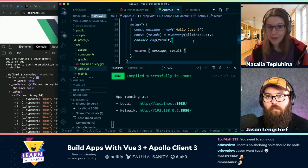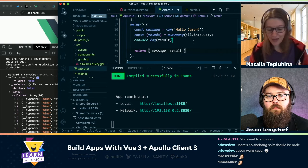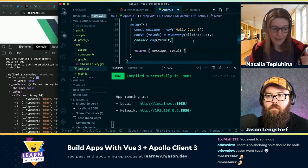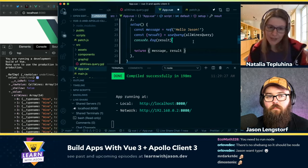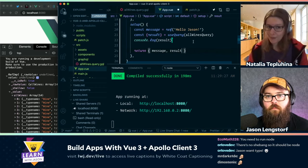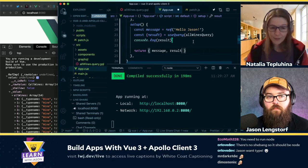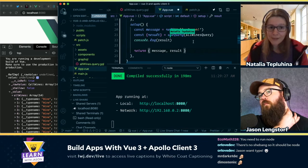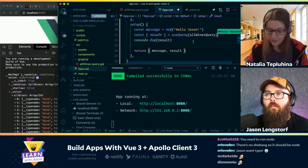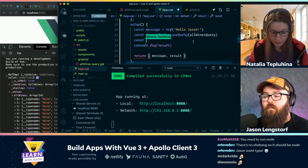And for smart query, we can define different options for Apollo client. One of them, with good old Apollo client 2, was update. With update, you could say, I don't need all these huge objects I just fetched. I don't need data, res, whatever. I just want to have all wines. Maybe I want to specify a different name for the property, because Apollo client is very picky about this. If you have an allWines property, you need to have allWines in your response. Otherwise, it's not matching. So in Vue Apollo, we have a similar thing. Let's simplify this a bit. So we will create a const called, we can say, wines,